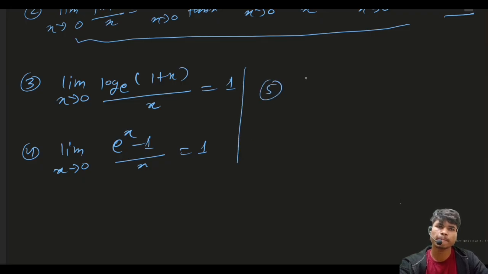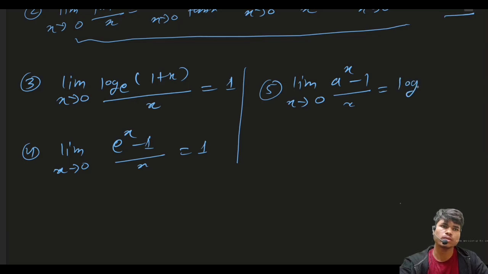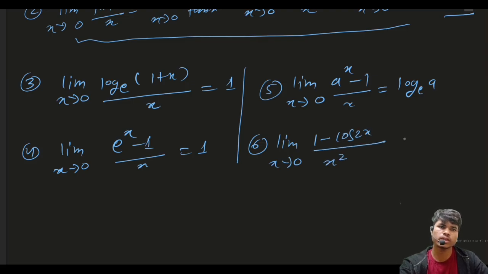Fifth, limit x tends to 0 a to the power x minus 1 divided by x equals log a. Sixth, limit x tends to 0 1 minus cos 2x divided by x square equals